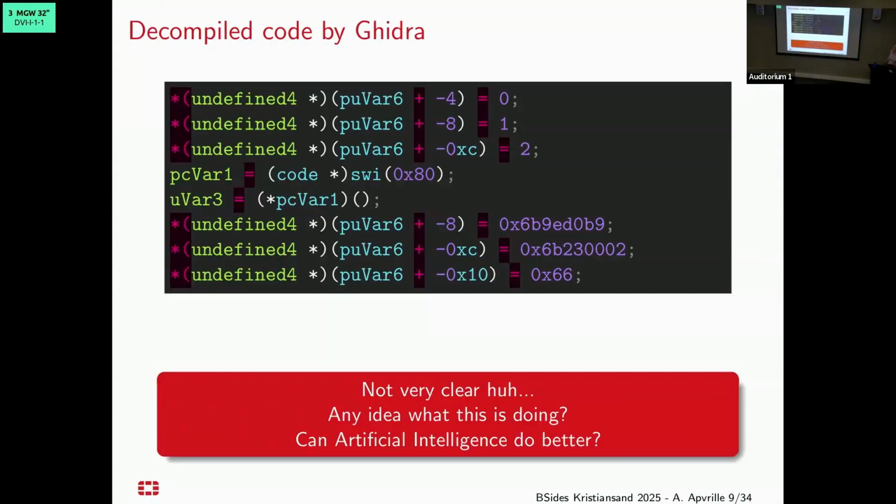And when you upload it in Ghidra and ask it to decompile, this is supposed to look like normal C code. And I think you'll agree that it's really not very understandable that way. If you have any experience in reverse engineering, you might notice this line, the SWI software interrupt, which is probably going to give you a clue about what is happening afterwards.